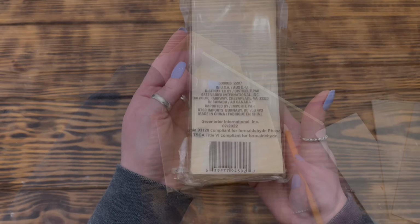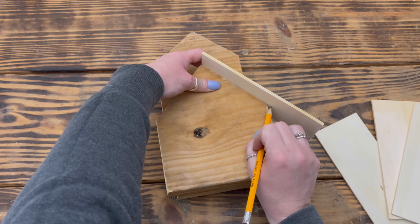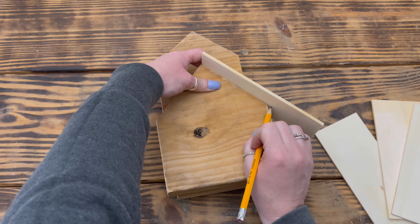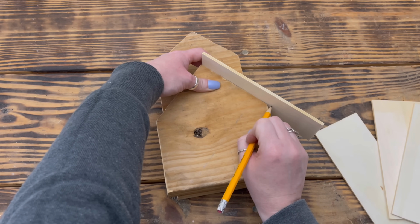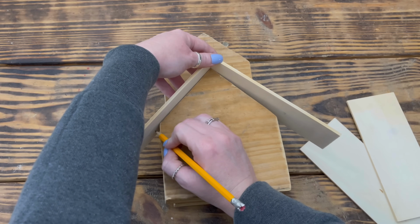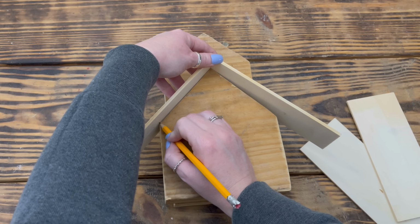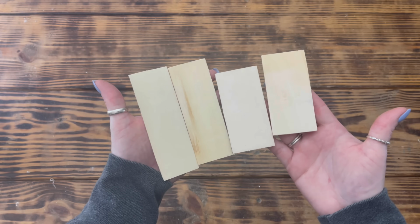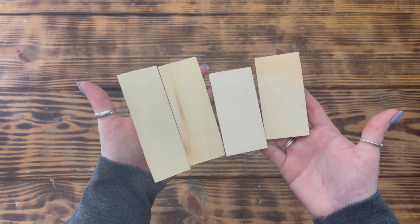Once the glue on the church had set up, I placed one of the wood planks down on the top right side of the roof of the small house and marked out how long and wide I wanted that side of the roof to be. Next, I placed another one of the planks on the left side of the roof, overlapping the first plank so that it made an even point and marked where I needed to cut. I then repeated these steps to mark the remaining 2 planks for the roof of the tall house and cut